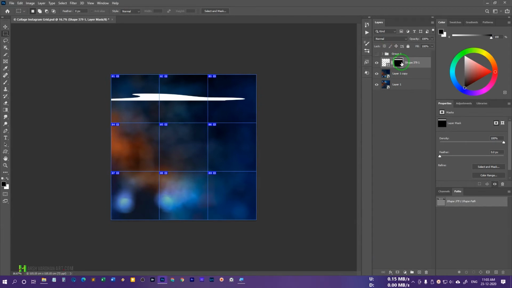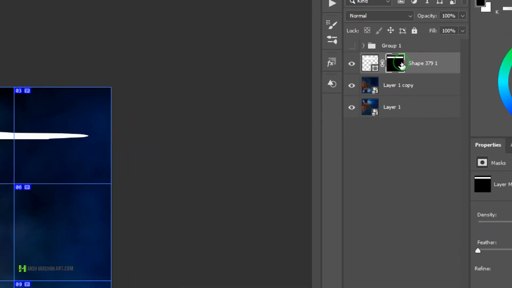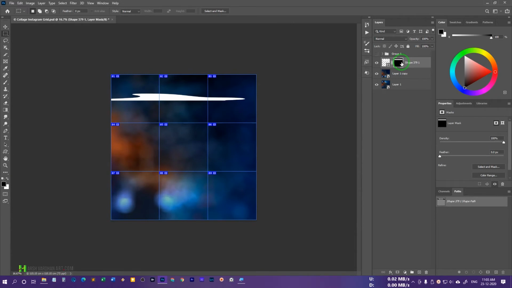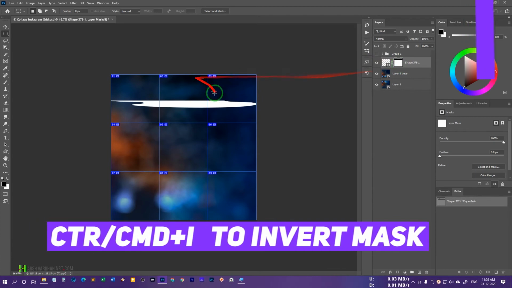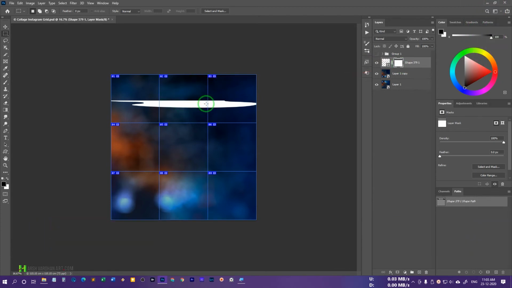So at this moment you can see the mask shows only the top part of the image, but we want the bottom part to be visible in this particular post or in this particular grid. So we'll press Ctrl I or Command I to invert it. So now we have got this, and then we'll select the shape.